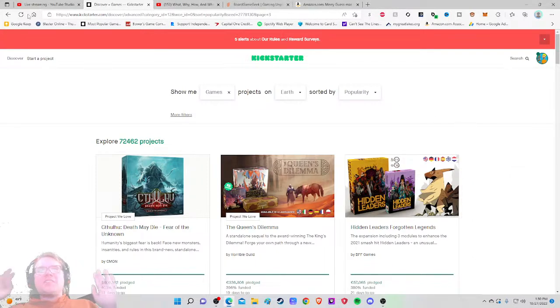And today, I'm very excited to be checking out the second most popular project in all of games right now. That is The Queen's Dilemma, a standalone sequel to the award-winning The King's Dilemma. Forge your own path through a new ...